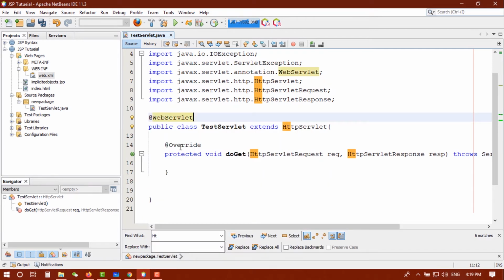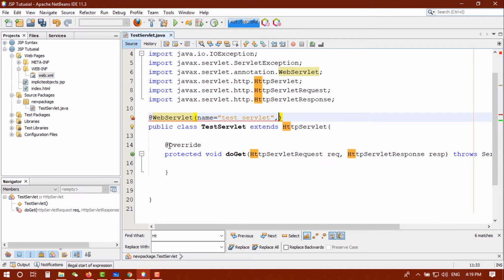Now this is our servlet. We are telling our server that this is a Java servlet, but this servlet needs a name and parameters. For that, the name is a string type, name is test servlet,